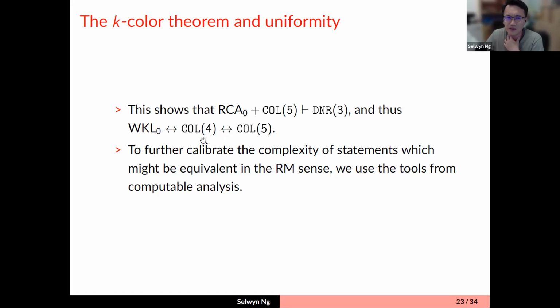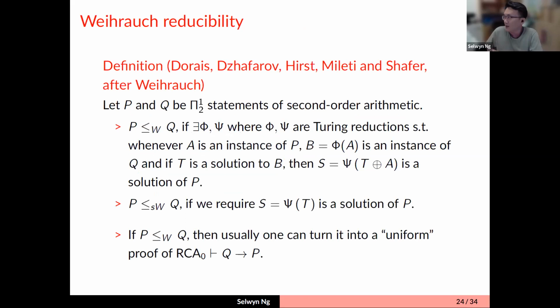So this then generated some questions, and as usual, if we want to calibrate the complexity of statements which might be equivalent in the reverse math sense, what we normally do is use the tools from computable analysis. So I think this definition is probably pretty well known, but this was first suggested, but really the notations came from computable analysis. So to respect the original literature, I will call this a Weihrauch reducibility, and SW the